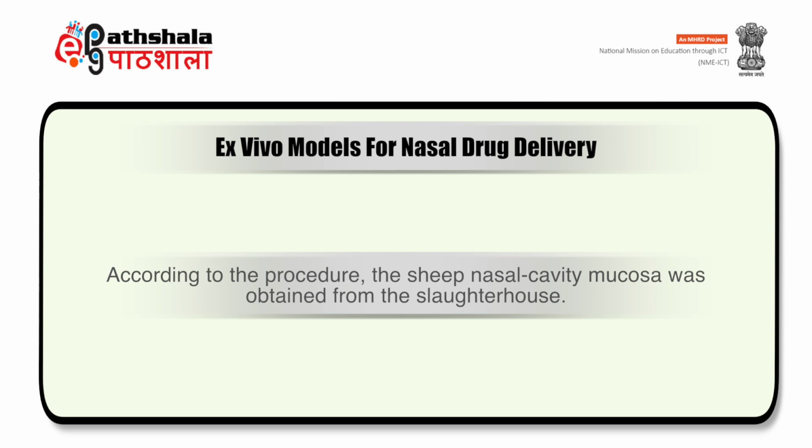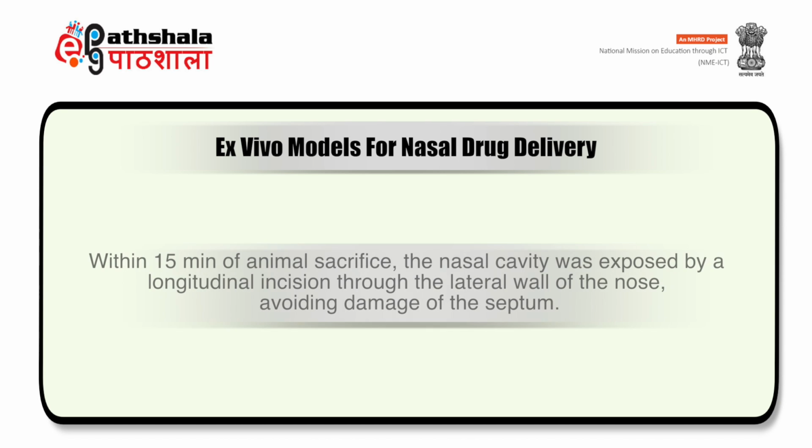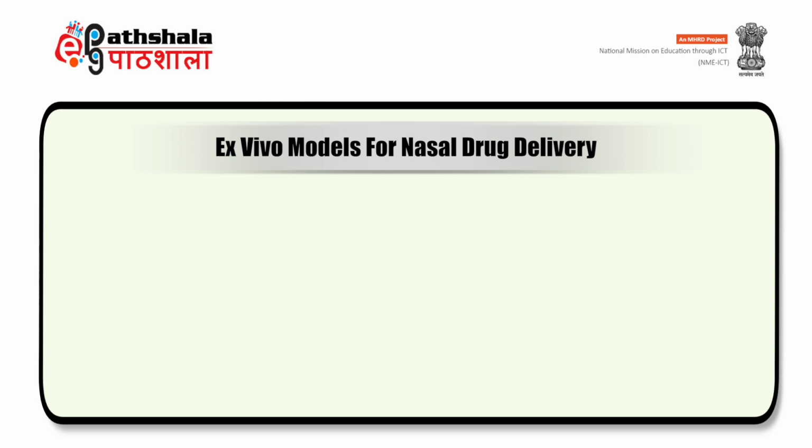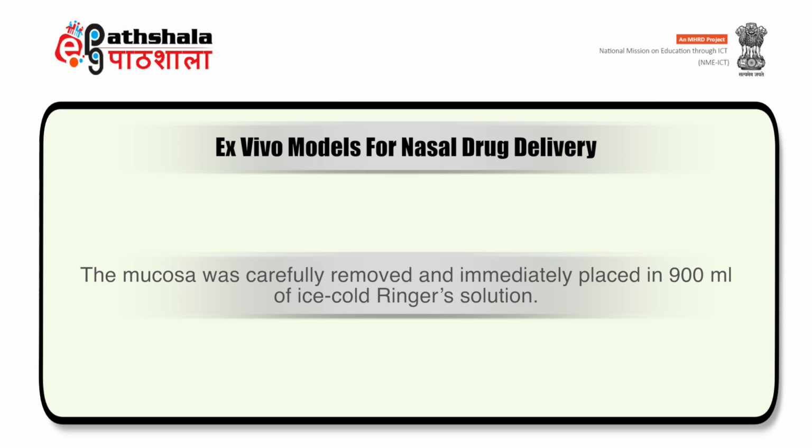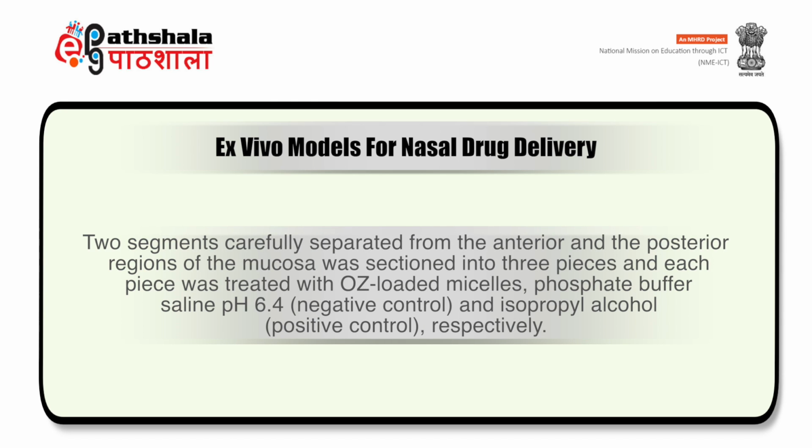According to the procedure, the sheep nasal cavity mucosa was obtained from the slaughterhouse. Within 15 minutes of the animal sacrifice, the nasal cavity was exposed by a longitudinal incision through the lateral wall of the nose, avoiding damage of the septum. The mucosa was carefully removed and immediately placed in a 900 ml ice cold Ringer solution. Two segments, carefully separated from the anterior and the posterior regions of the mucosa, were sectioned into 3 pieces, and